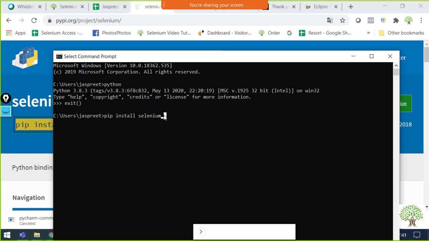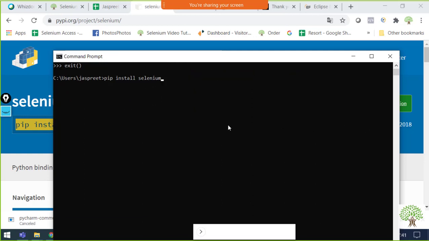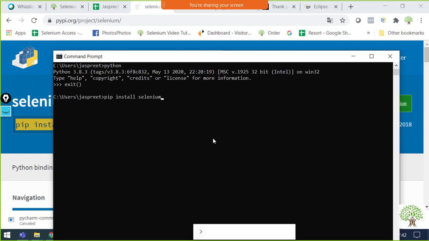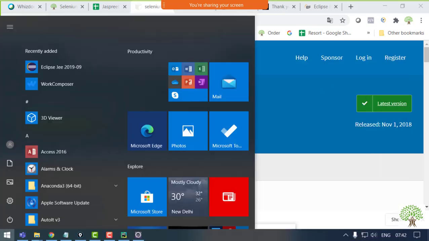Okay. So once you click enter, it will start collecting all the requirements and dependencies and will start installing this particular package into your system. Fine. So it takes some time sometimes. Or what we can do is we can run our command prompt as administrator.